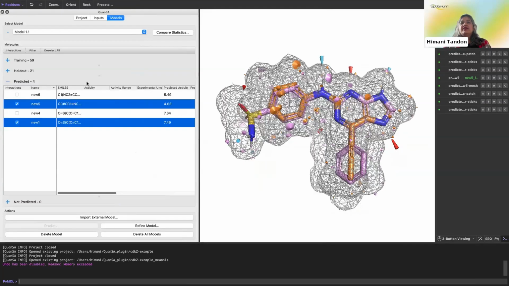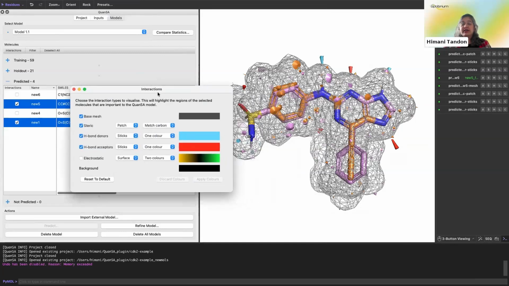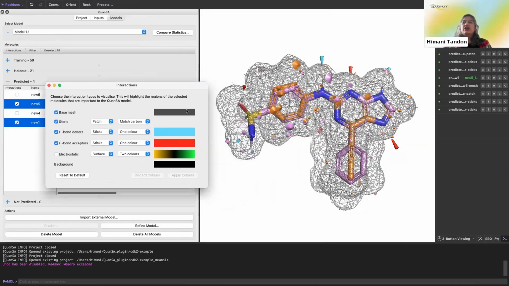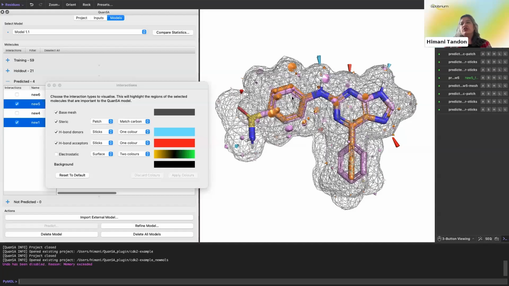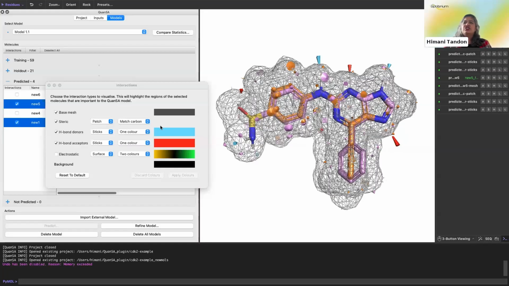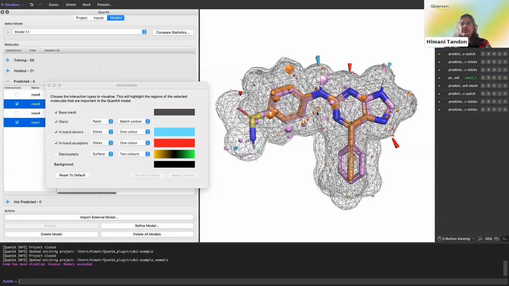And again, in this case, we can load back the interactions visualizer, and we can change the representations if we want to, depending on how you would like to see these visualizations. Change the color of it, representations, you want single color, double color. And again, we can look at what contributes most to the activity of these molecules.